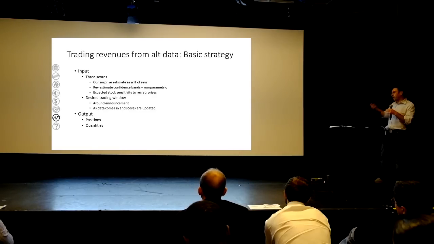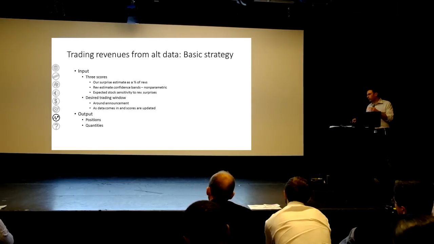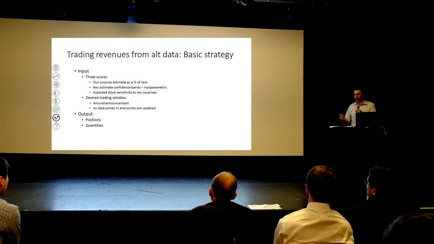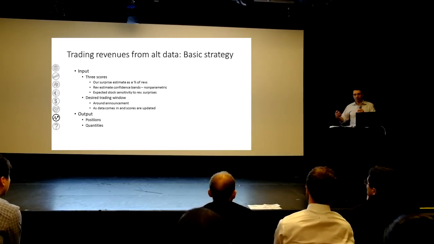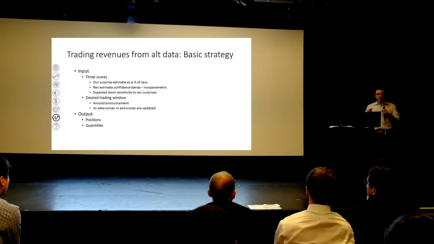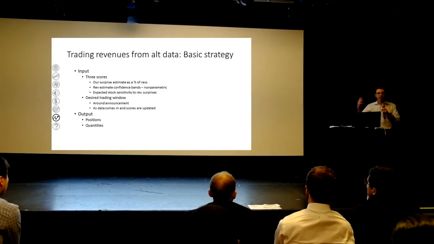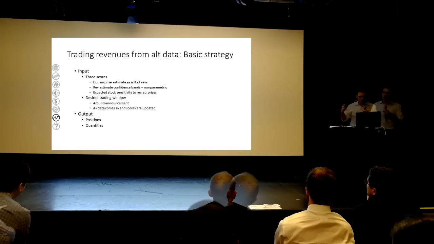The last thing I'll talk about is trading revenues. So creating a fully automated strategy on top of alternative data, which I think is a really exciting new endeavor. So ideally, what we want in trading, in order to take a big position, we want to A, have a big revenue surprise estimate, B, be very accurate, know that we're very accurate, and C, know that the market is going to react greatly to this revenue surprise. That's when we take a big position.